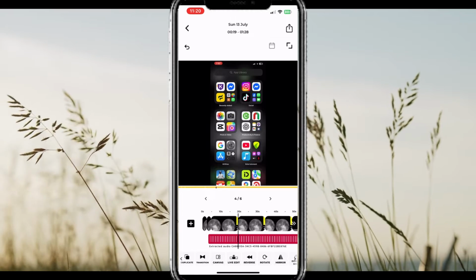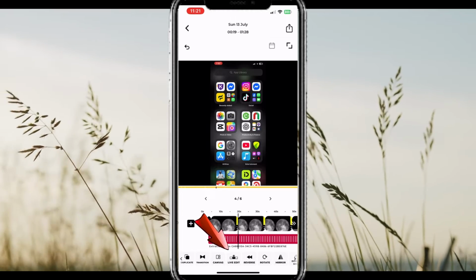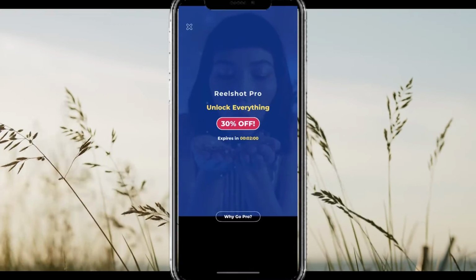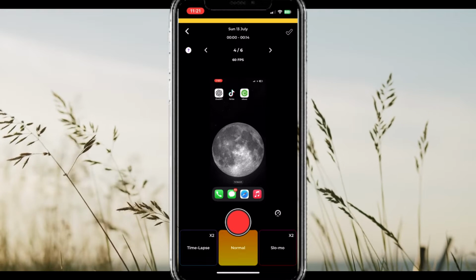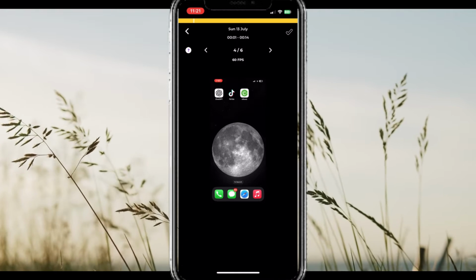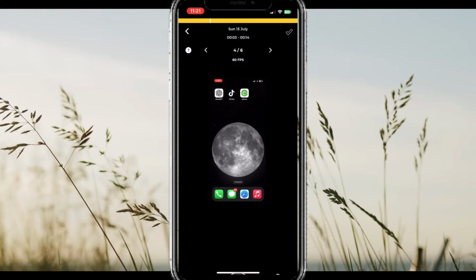First, open your project in Reelshot and tap on the live edit option. You can find it at the bottom in the toolbar. As you apply effects, adjust settings, or clips, the preview screen updates immediately so you can see how it looks